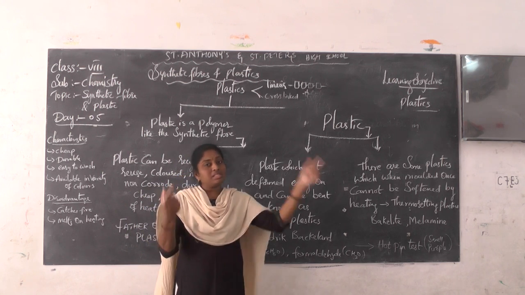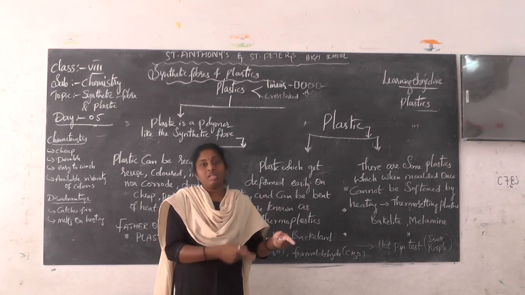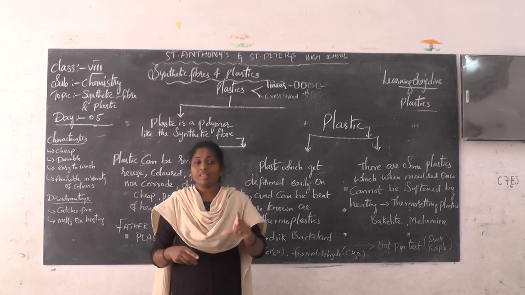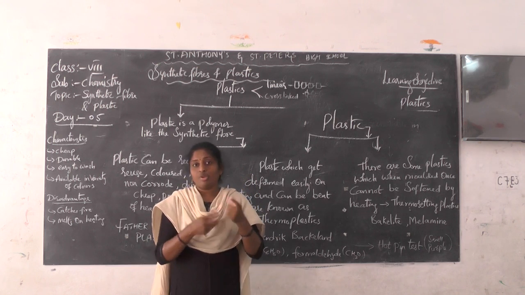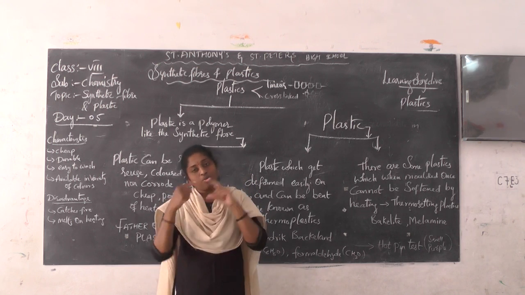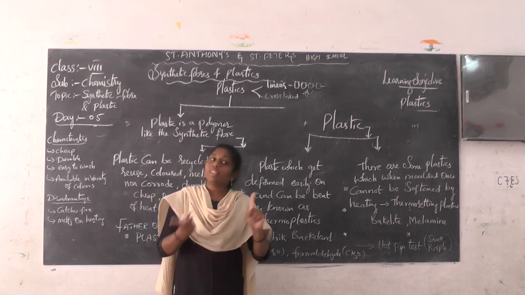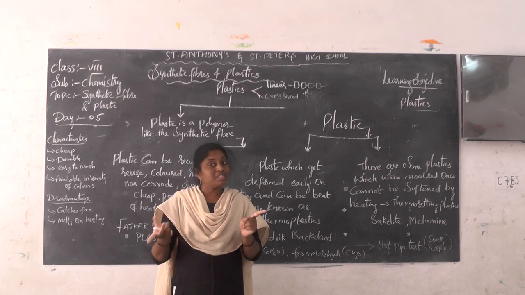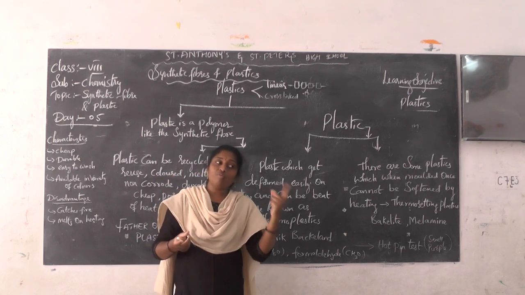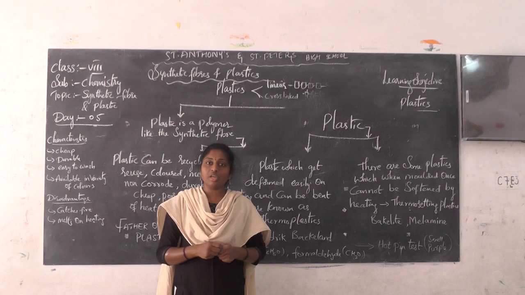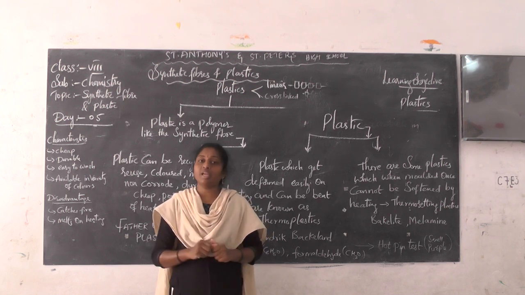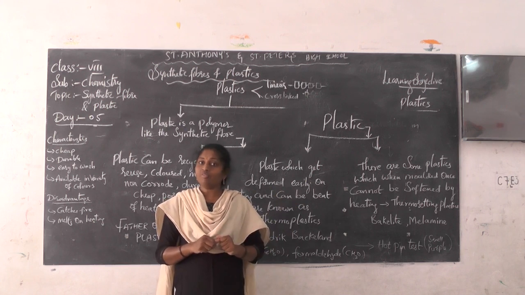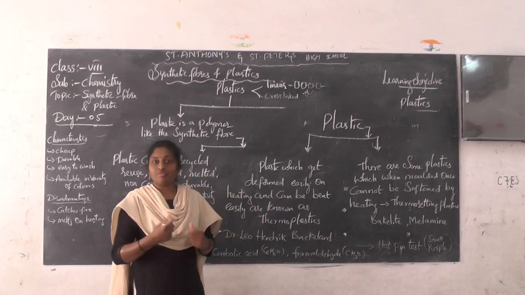In the same way, your friend also bought very hot sambar, but he bought it in the Tupperware. So is the Tupperware changing shape? No, it is not changing shape. You also bought it in a plastic container, and that boy also bought it in a plastic container. But why does your bottle change shape, and why is that bottle not changing shape? Because of the different types of plastic. You bought one plastic and that boy bought a different plastic. Now we will see what the different plastics are.